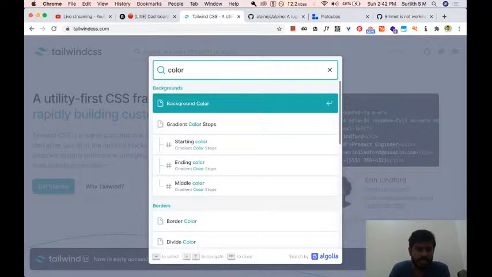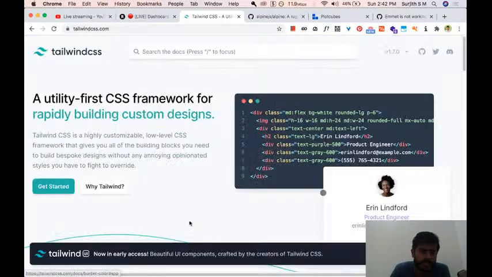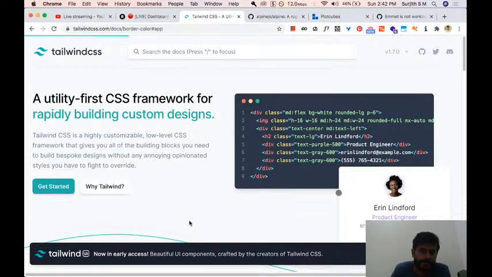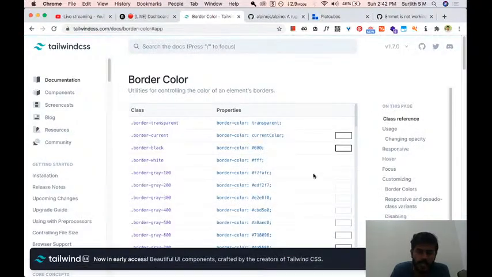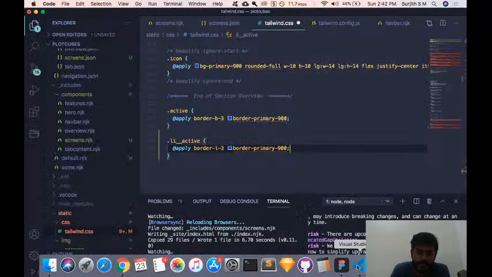Colors in Tailwind. Okay, border color. While it's loading, okay, it's loaded. We can go here